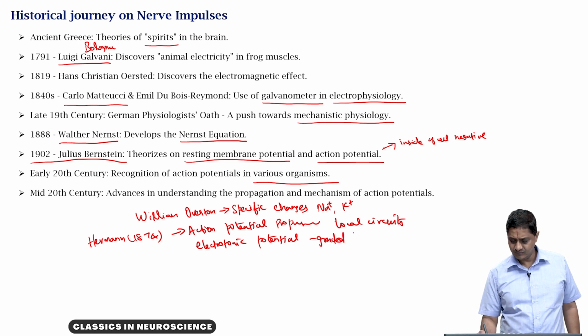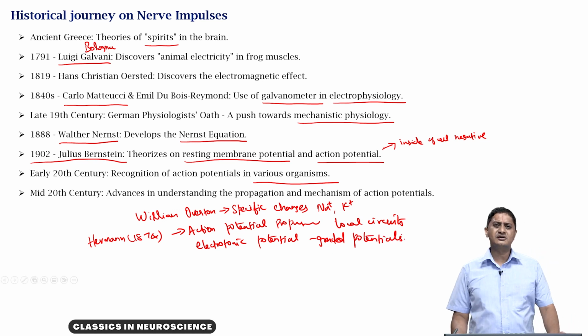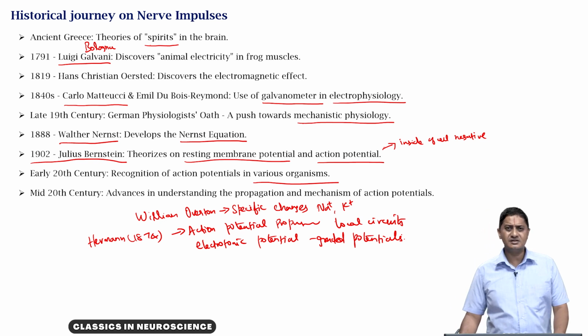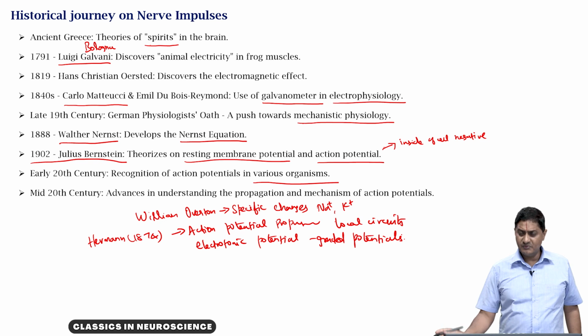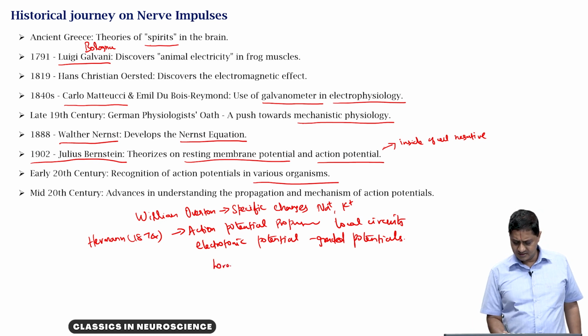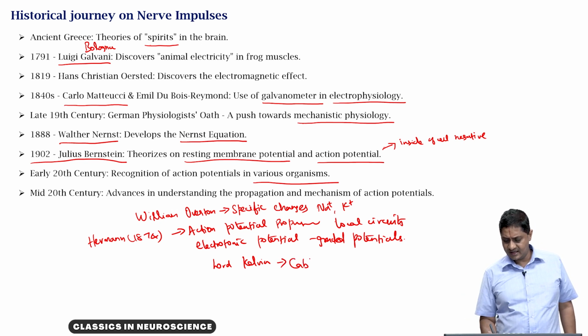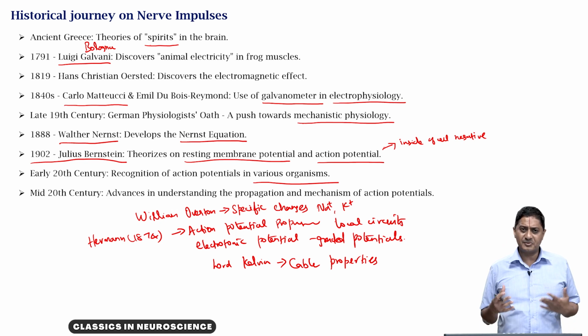I will share with you videos of what constitutes graded potential and what constitutes action potential, the exact mechanism of action potential, the details of this, through my previous recordings in the other course, the neuroscience of human movements course. So, meanwhile, Lord Kelvin suggested that the neuron and its conduction properties were similar to electric cables. So, neuronal conduction was studied using cable properties, for example.